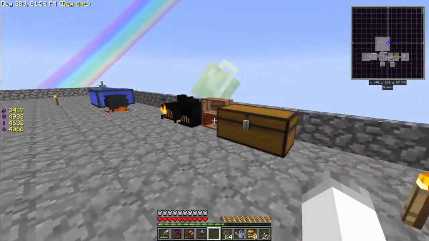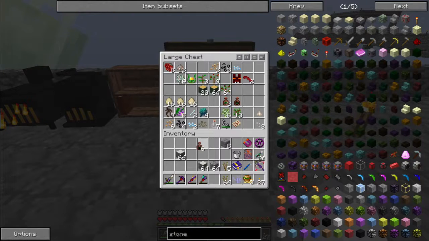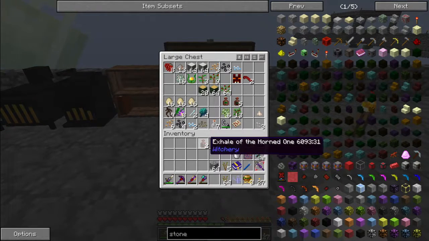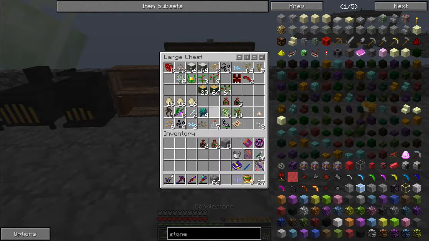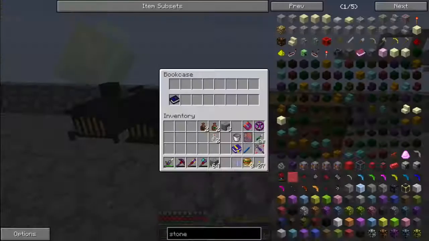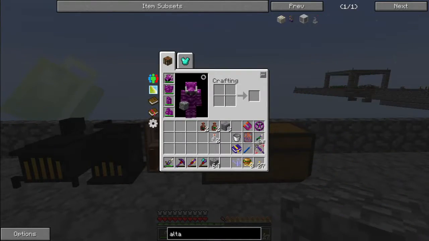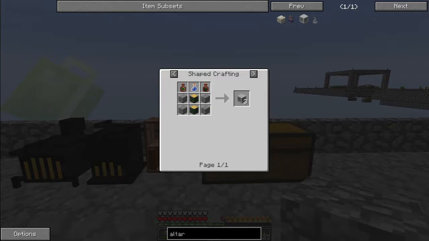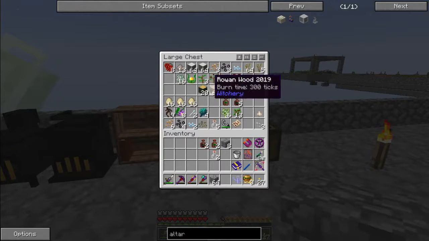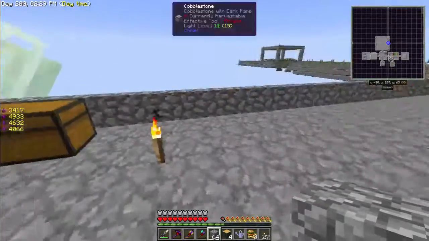So there we go. We have the exhale of the horn one. So we need 2 of these and 2 of these. I will organize this inventory later, and we need 2 of these. And then I believe there was one thing else that we need. I think it's a rowan wood. Yep. So we need 4 rowan wood, and